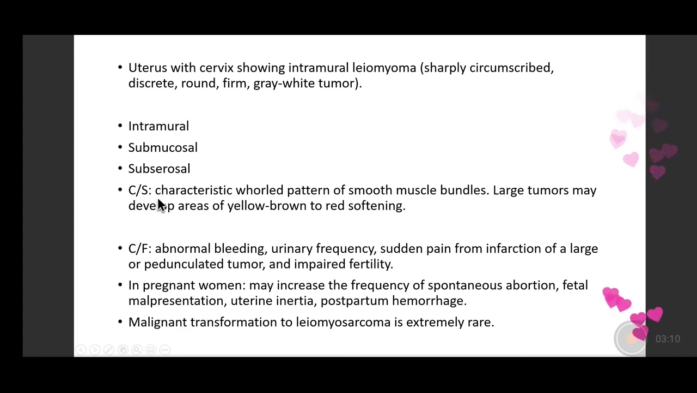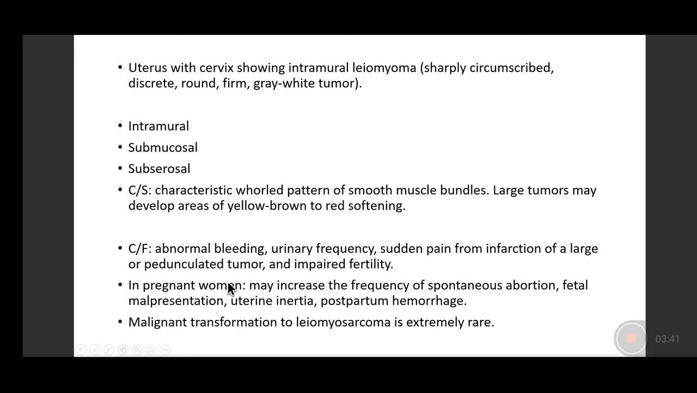Now, characteristically, on cut section, they have a whorled pattern of smooth muscle bundles. And depending upon the size, if they are very large, then they may develop yellow to brown to red areas of softening. Usually these patients with fibroids can be asymptomatic or present with abnormal uterine bleeding. There can be increased frequency of urination. If the fibroid is quite large, there can be sudden pain from infarction in the fibroid, and they usually